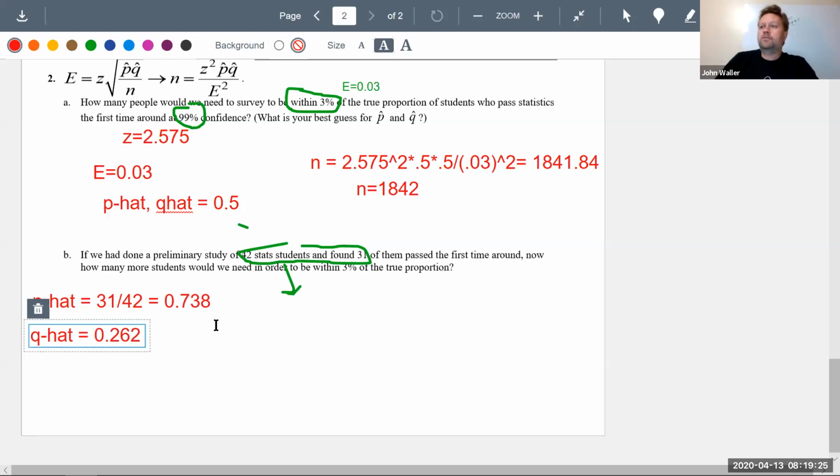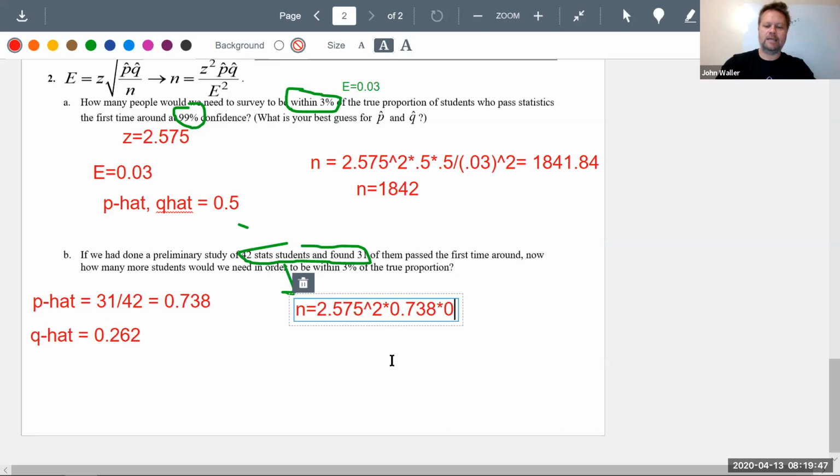So now we do the exact same formula we just did up here. We don't guess 50-50 because now we know this is true. Let's see how much fewer people we're going to need now since we did that preliminary study. N equals 2.575 squared times 0.738 times 0.262 divided by 0.03